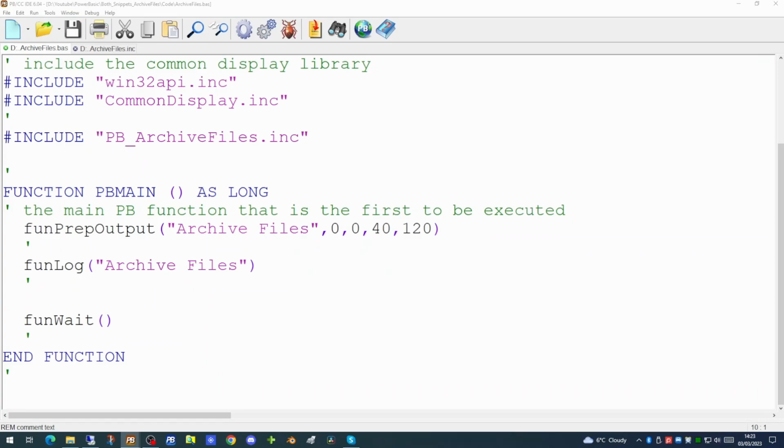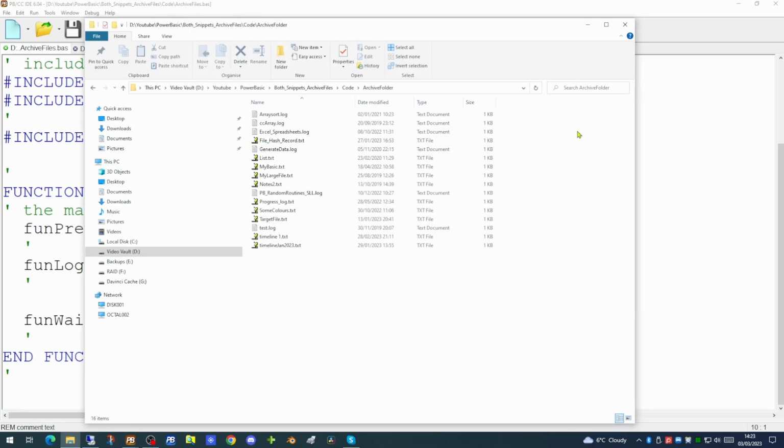In order to perform the function of archiving or deleting of these files, we'll need to know what folder actually contains them. So in order to demonstrate this application running, I've created a few files. We have in this archive folder a number of files with the extension log, and a number of files with the extension txt. For these files, our plan is to delete files older than 30 days.